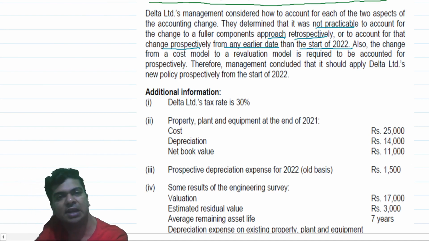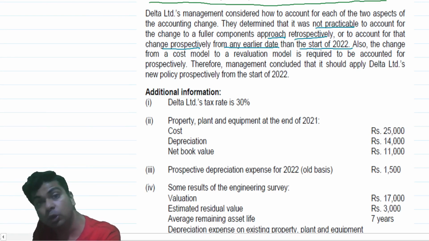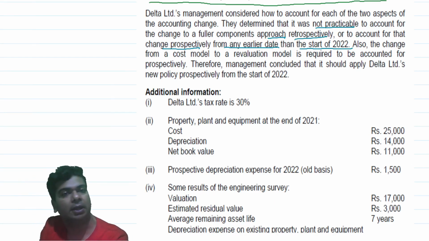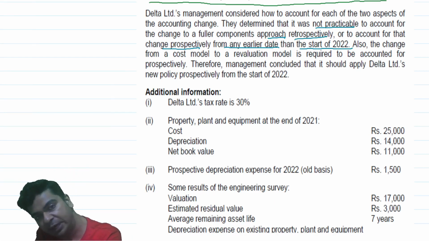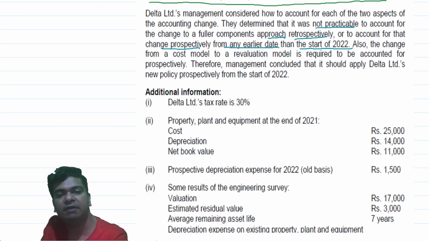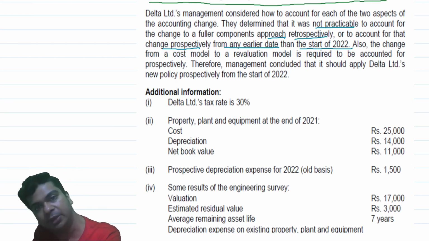You may say that since last 2 years I can do it. Opening all the records for the past 10 years can be very tedious and time consuming. I don't want to do that. I feel it is an impracticable exercise. Then make it practicable. You cannot do retrospective calculation for the last 10 years, but can you do retrospective calculations for the last 2 years, for the last 3 years? Isn't it? Then you should give the effect from that particular period.